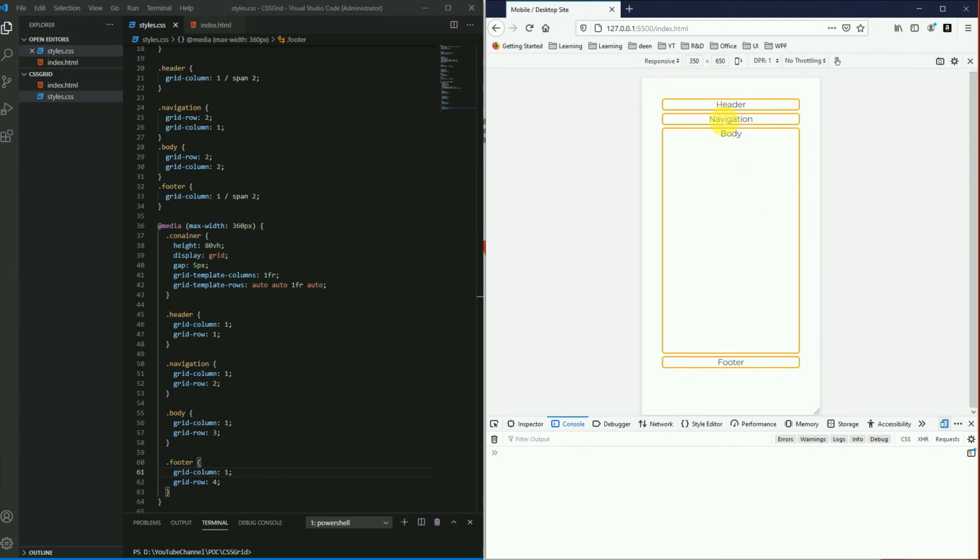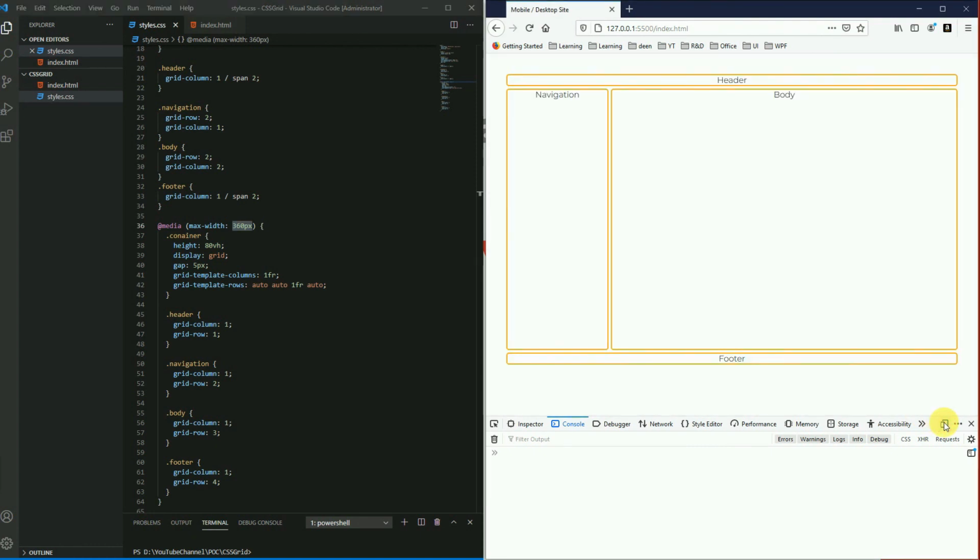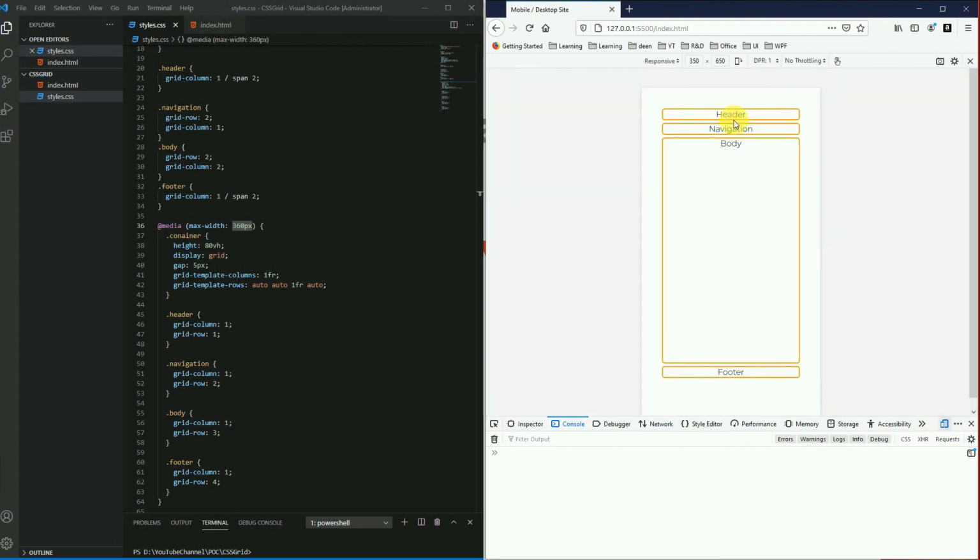So now you can see here we have two devices. If the maximum width of the device is 360 pixels, the layout should be like this. If I expand this, here you can see we have a desktop view, and our layout should look like this. Now if we click on the devices tab in Firefox, you can see we have the mobile navigation.